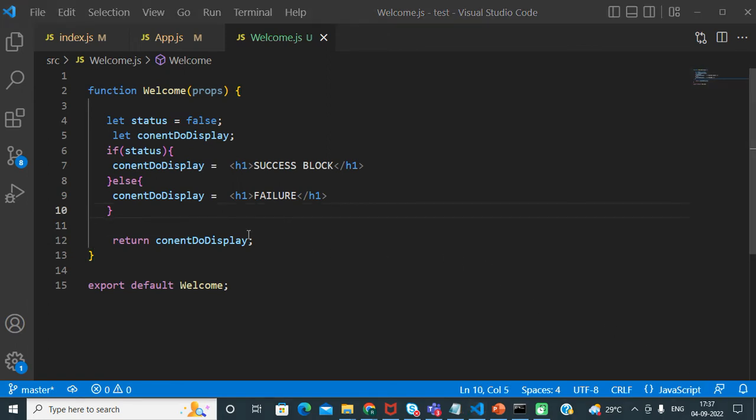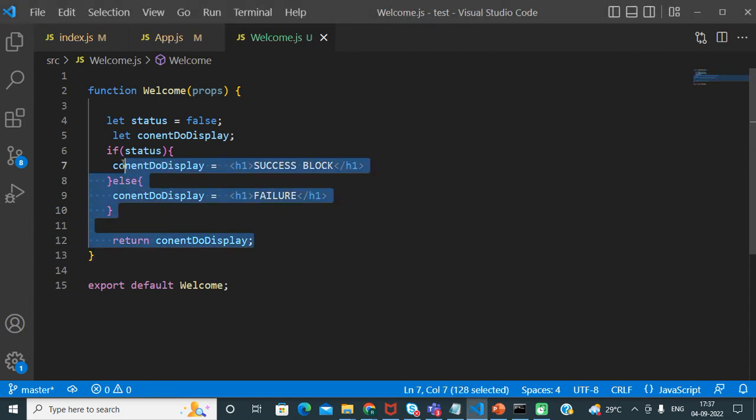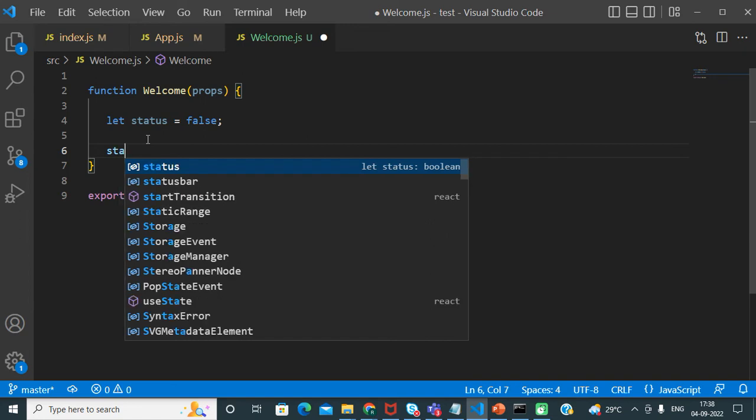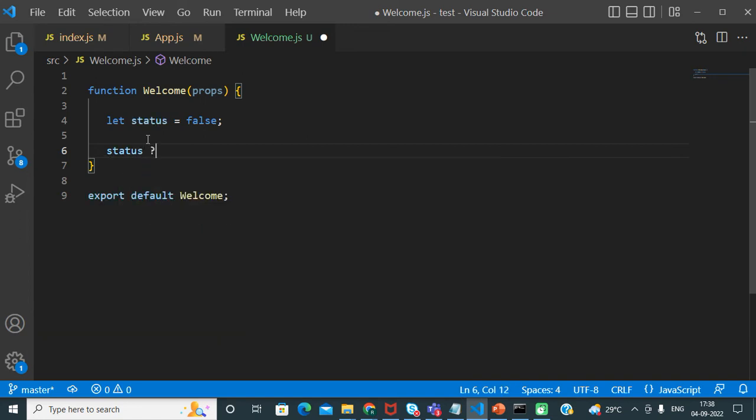We have another approach, friends, and that is with the help of ternary operators. If you are aware of the ternary operator in JavaScript, you are going to understand this. If you are not aware of this operator, first understand what the ternary operator in JavaScript is. Here we check status, a normal true or false condition.